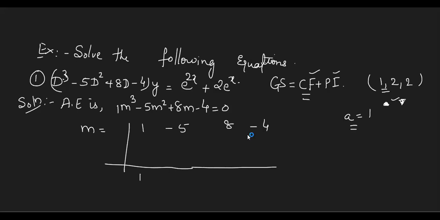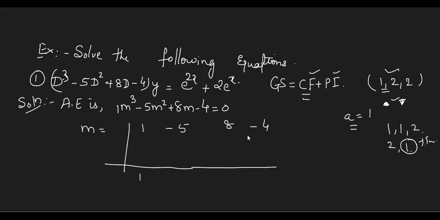If it is upwards, that same root is repeated 2 times. And one more indication, usually the root which is repeating twice will come in the second place. Suppose 1, 1, 2 was the root, you would have got 2 and 1, meaning this is repeating twice. This is one more indication. I can't tell more than this now. Okay, so yeah, 1, 2, 2.